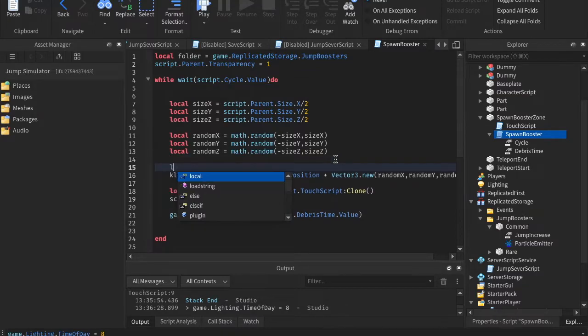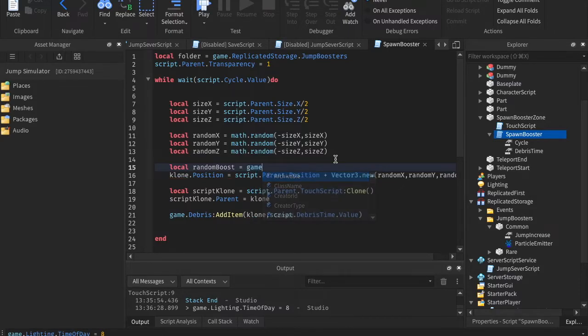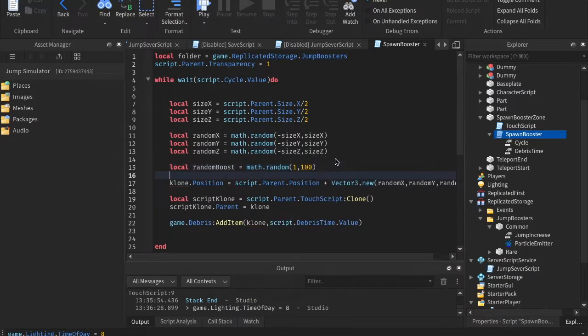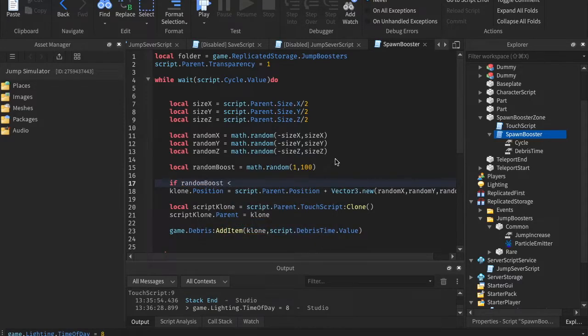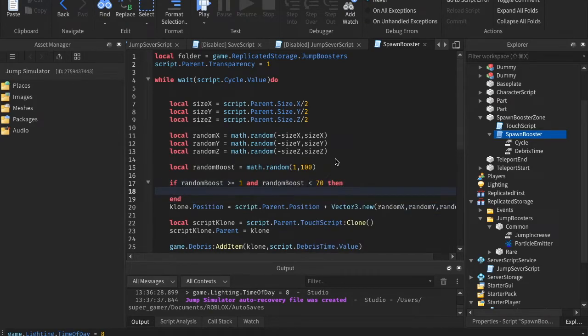And then we can go ahead and say local random boost equals game.workspace, nothing, math.random, and we can go 1, 100. So what we could do now is do if random boost is greater or equal to 1, and it is less than 70, then we could say,